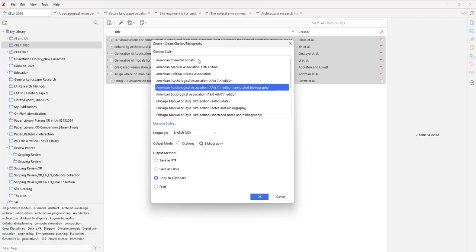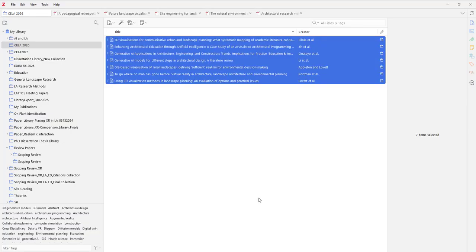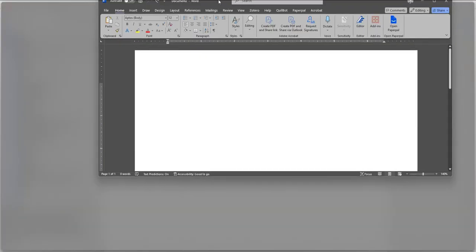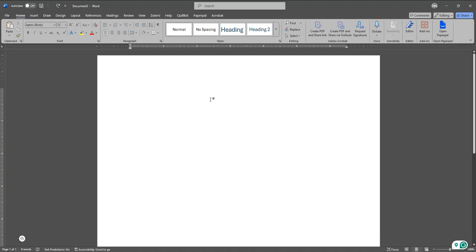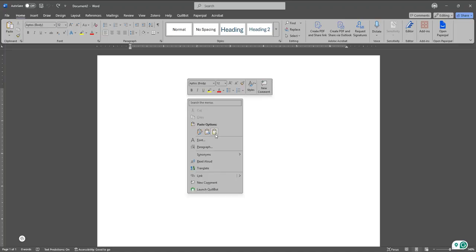And then you'll see a bunch of stuff. So you will select the APA 7th edition annotated bibliography style. That's the first thing you need to do. And then in your case, this might be something else, but always select copy to clipboard and then hit OK. Now nothing happens because everything is copied to my clipboard. Now if I bring up Microsoft Word and Ctrl V or right click and paste,